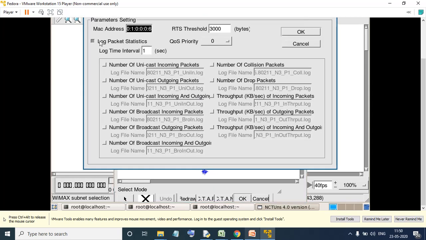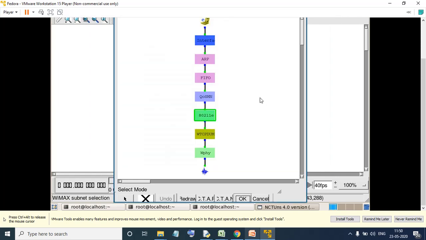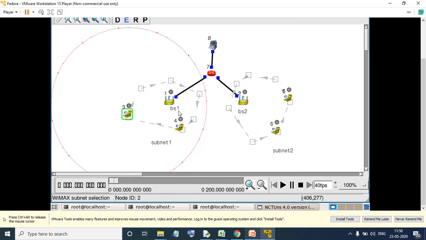And here you will be selecting what all things I need to see. As I told in the introduction, I will be just checking the throughput. Okay. So I will be checking the throughput of the outgoing packets. Then say OK. Press enter. So this is done for the first one.